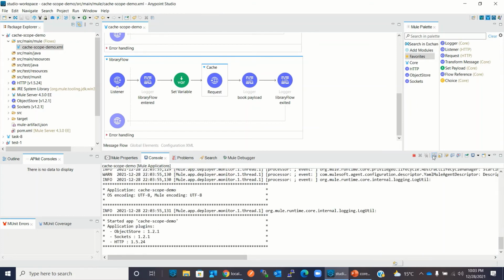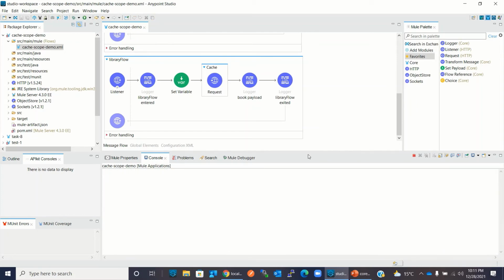I will clean it. Now I will go to the browser. I will call this library endpoint again with book ID 100.